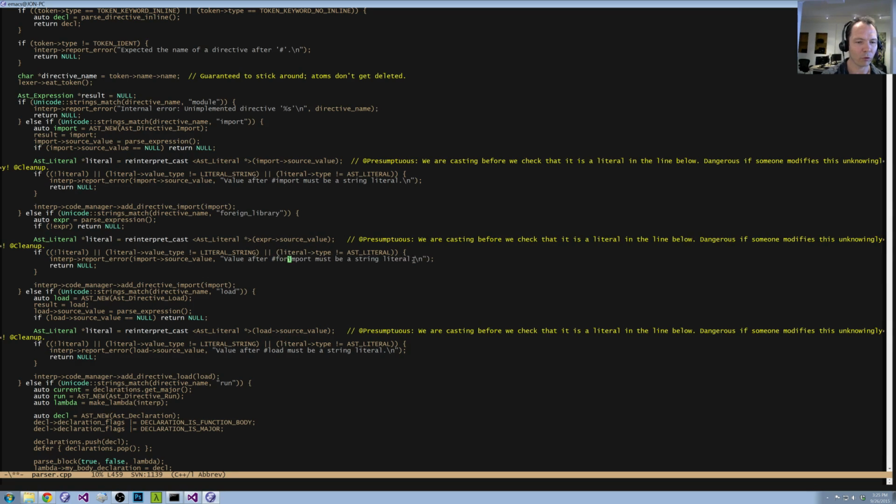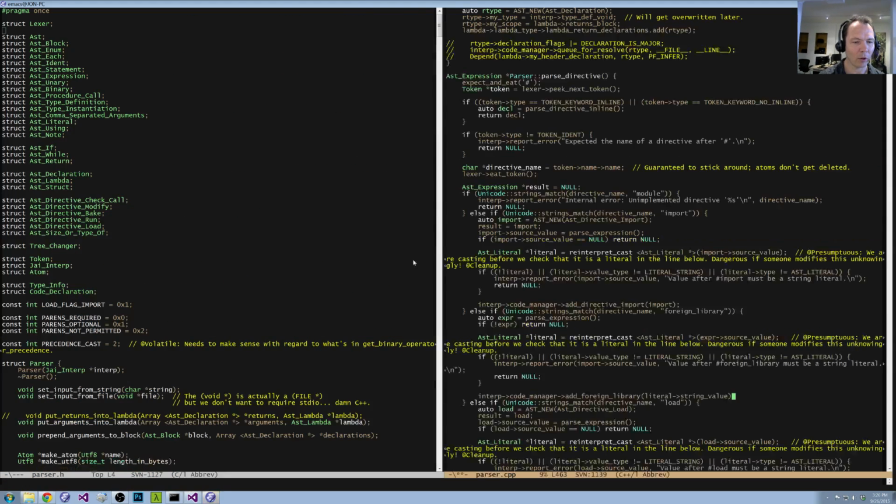Value after foreign library must be a string literal. So we'll complain. And then if we don't complain, we'll add the foreign library literal string value. So let's look at the